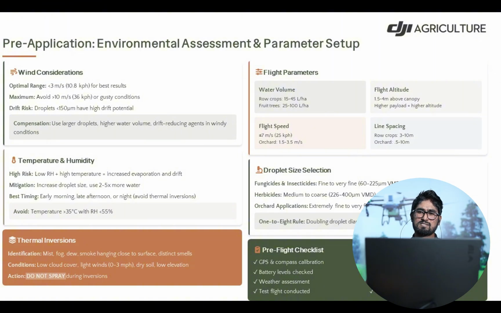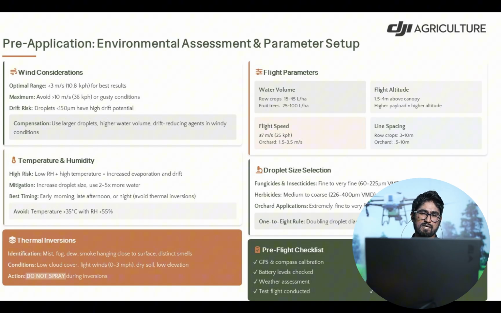So when we are selecting droplet size, on most occasions we use 60 to 22 micrometer levels for fungicides and insecticides to control pest populations in our croplands. In herbicides, there are two categories, systemic herbicides and contact herbicides.